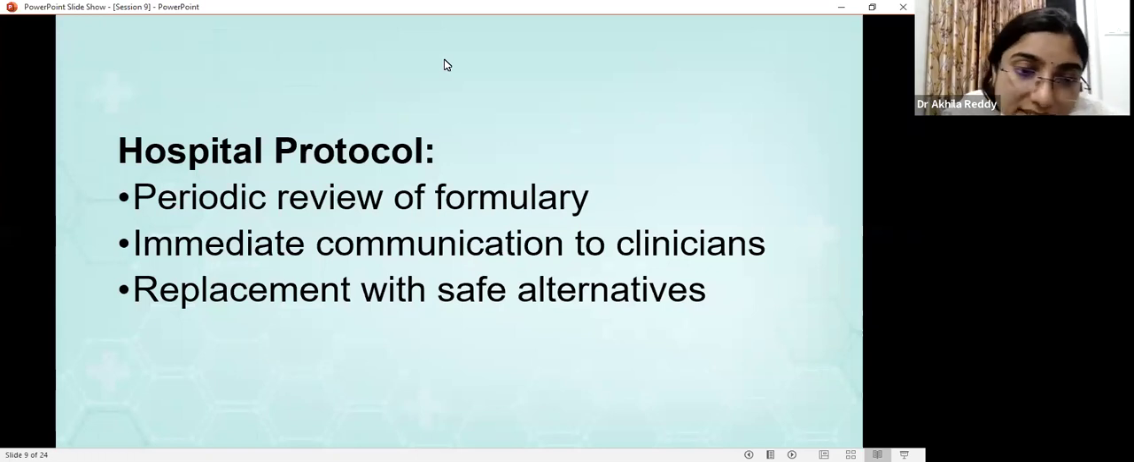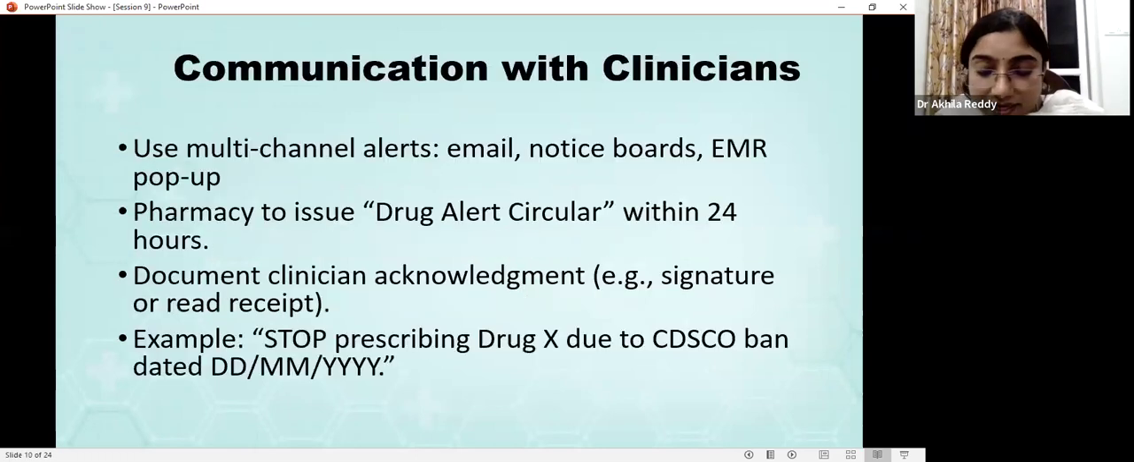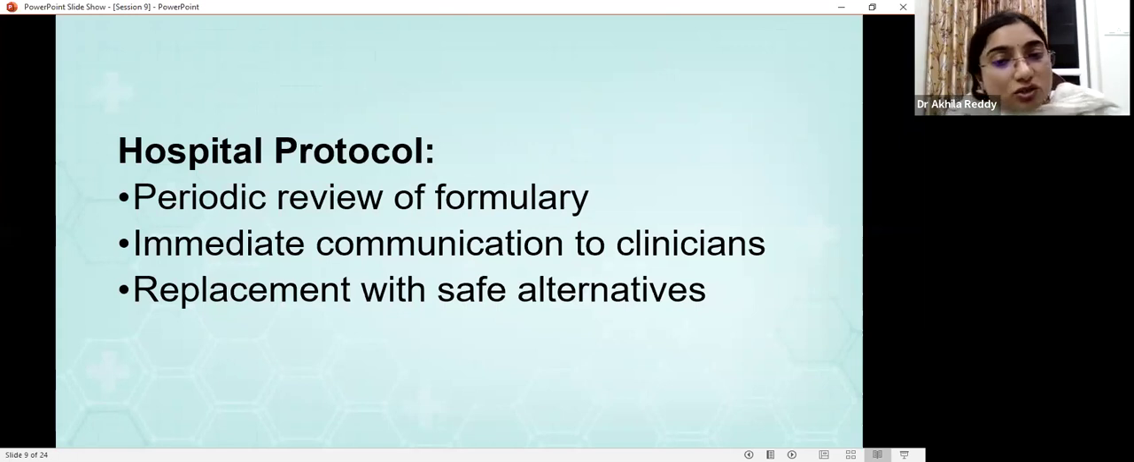If you don't remember, please, you can go through the classes. Periodic drug formulary is a list of drugs based on the scope of services where we are supposed to keep all the drugs, and it should be reviewed every 6 months. If any changes, if any drug recalls happened, then immediately we have to remove all those drug recall medication,